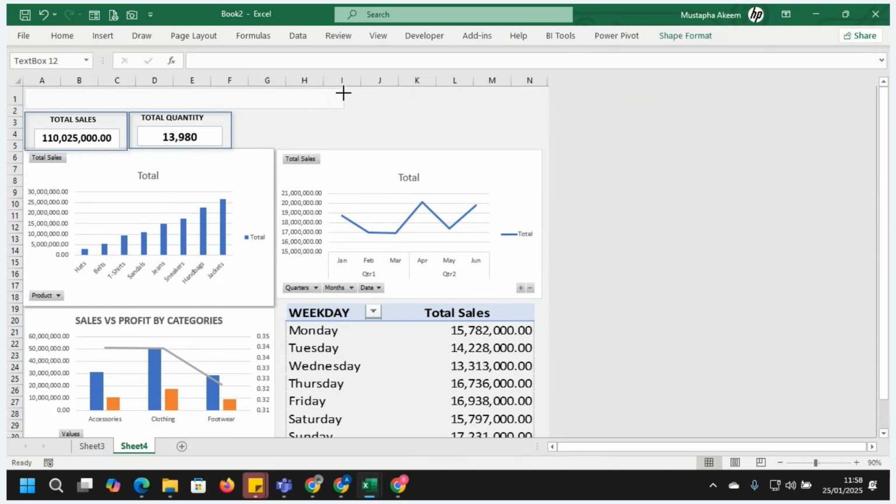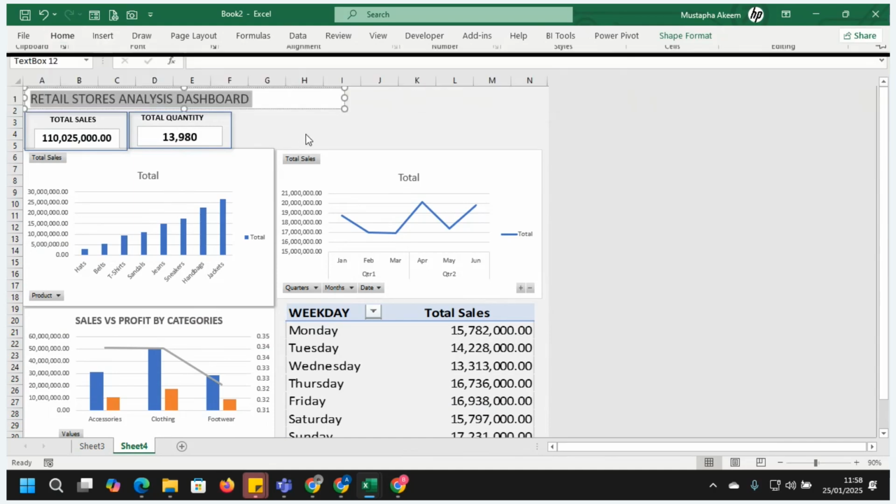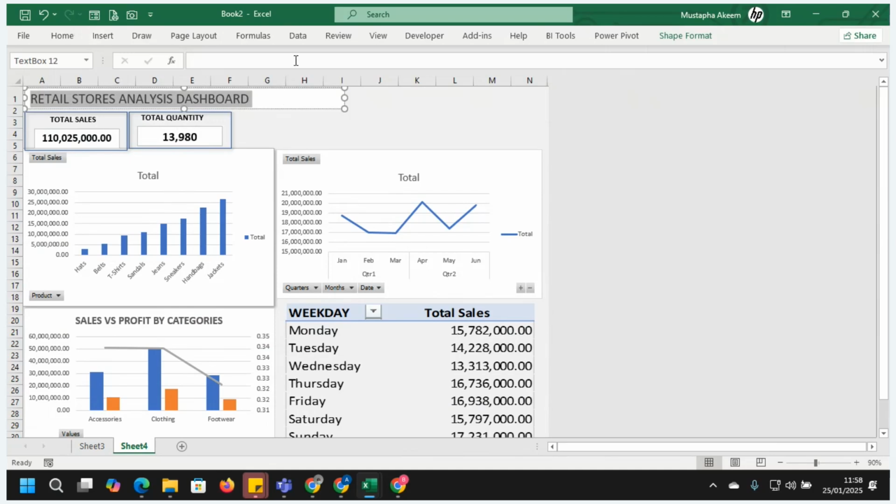So we make it this, and we will type our retail store analysis dashboard. Oh, that's good. You can see how easy it is to create a dashboard within just 1 hour. Even though we can still do more, can still go deeper into the data set, but let's just